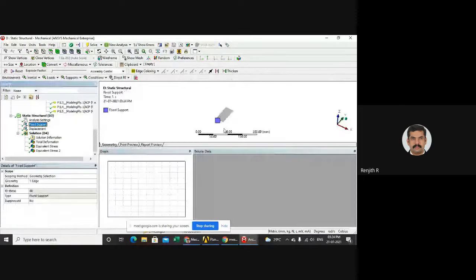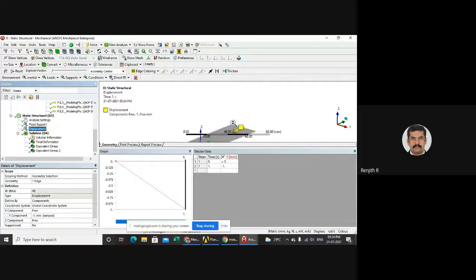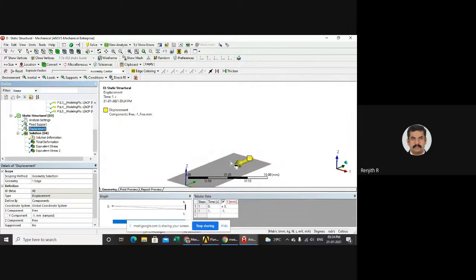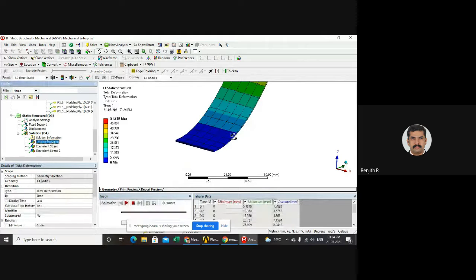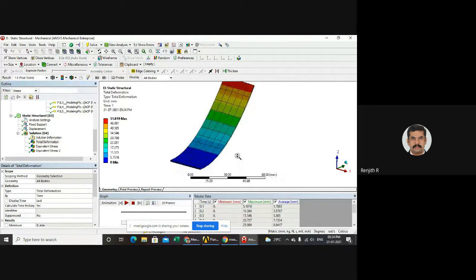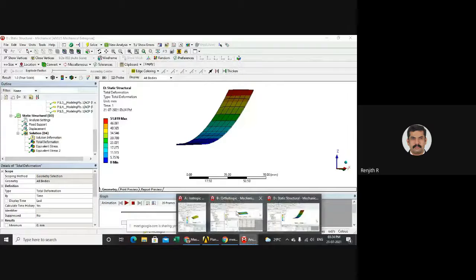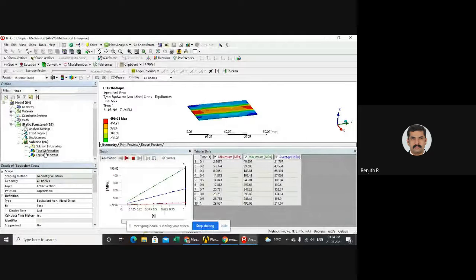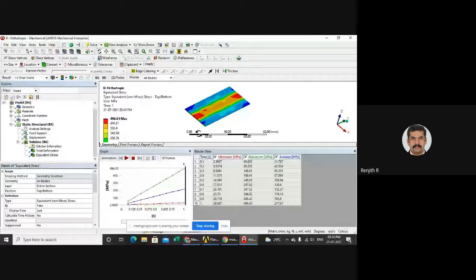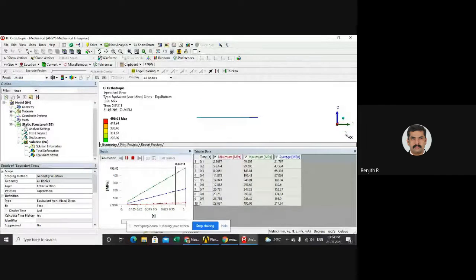So these are the 5 plies, and the same boundary conditions. One end is fixed, and the other end I provided with a displacement. The results are actually scaled down, so the results are a bit different than the previous one. If you take the orthotropic results, this is the result. If you go to true scale, it will only show the expansion and contraction. If you animate it and scale it high, you can see the animation. So it's only contracting in this direction.